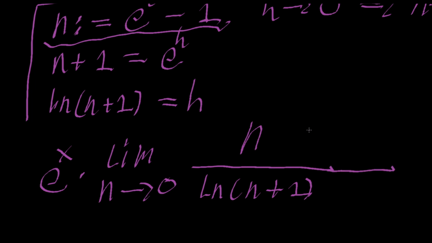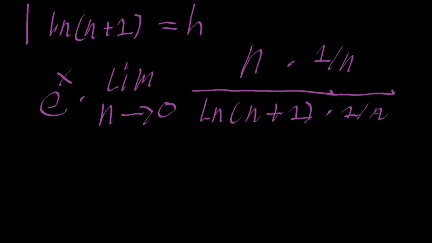Now we can multiply both the numerator and the denominator by 1 over n. And this entire thing will be equal to e to the power of x multiplied by the limit as n is approaching 0 of, and n multiplied by 1 over n is of course just equal to 1, divided by,